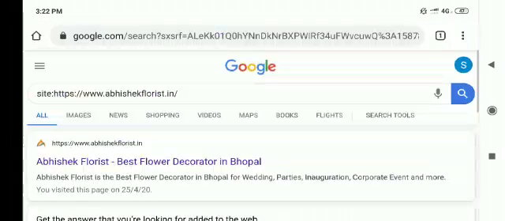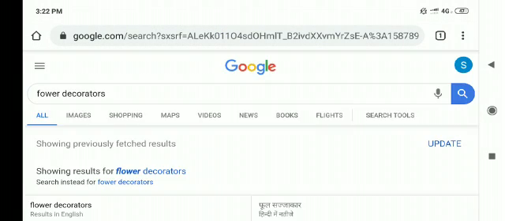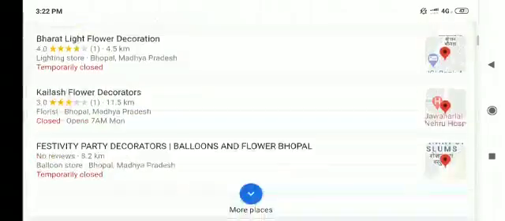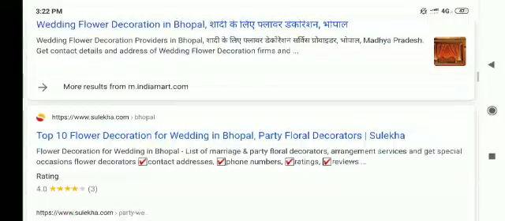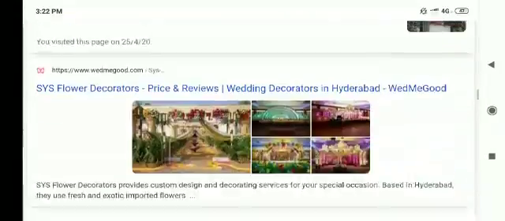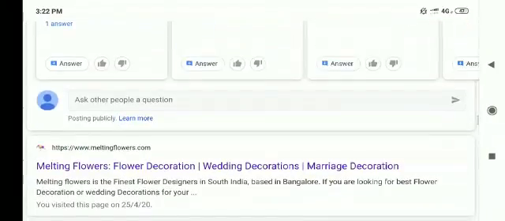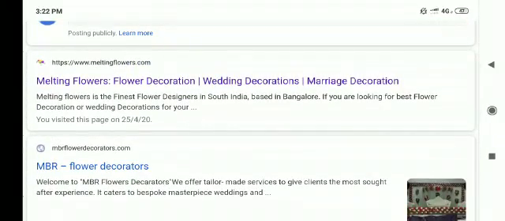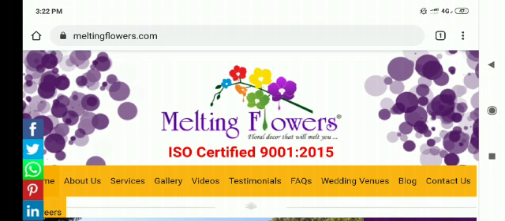Again, I will try to show a website in which more pages are indexed, so you'll get a better idea of it. So again, I am back here in the search bar with the same query, flower decorators, right? So now I will pick another website in which we will probably see some more pages indexed. Floral decorators we have already seen. Let us pick another website. It is down at the bottom here. Okay, so we'll pick this website, that is meltingflowers.com. We'll go into this website, right?